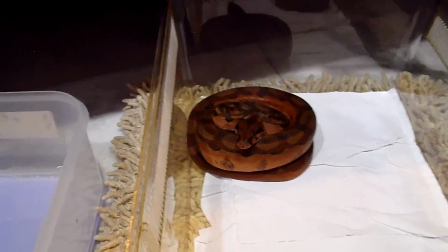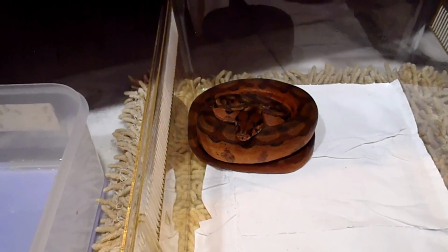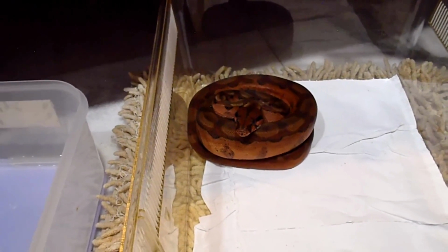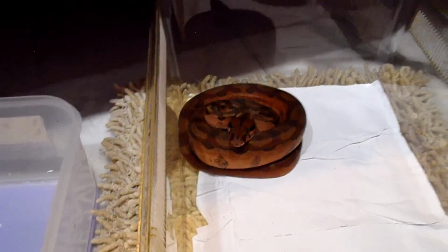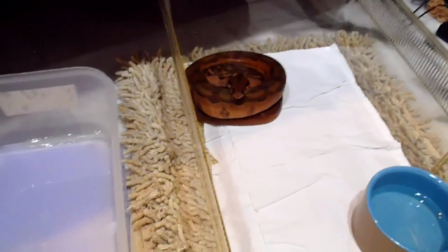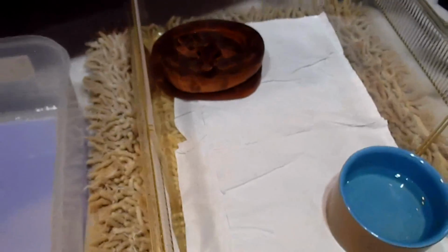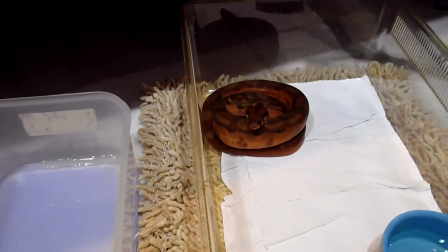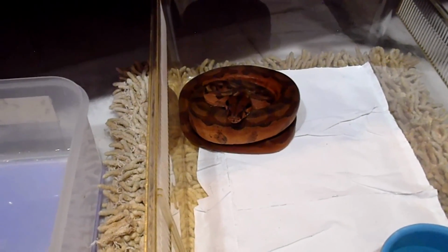So my only conclusion is that she's probably gotten the mites from wherever she came from, the supplier, and she was probably carrying mite eggs that hatched. And I found her soaking about 2 days ago, and that was also when I found a bunch of mites on the paper towels and in her water bowl. Poor girl. So I gave her a soak yesterday in just lukewarm water, and I've gotten most of the